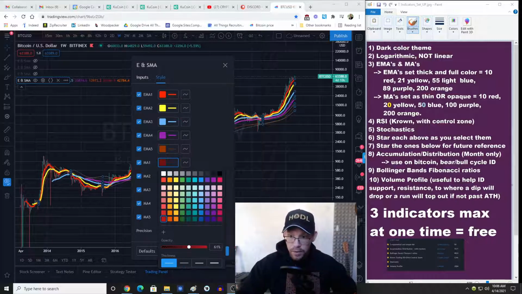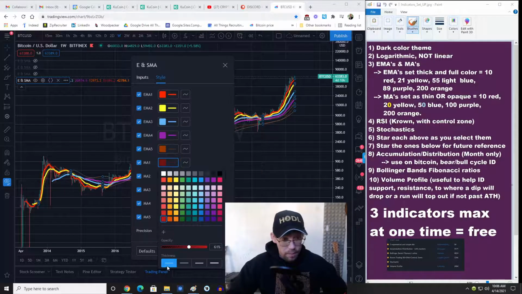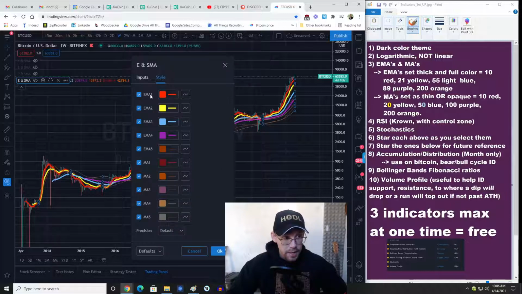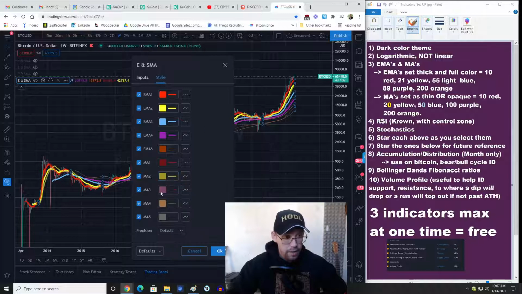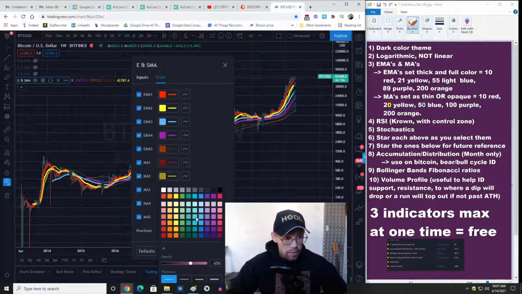Oh, you can't even see me doing this. The thinnest line possible, and all the way bold. So you can do it that way. That's pretty convenient. Or you can pick about 60% opaqueness and thick, but the same color as above. So the one of MA needs to be the same color as the one of the EMA. So I'll pick yellow here. And I'll either do all the way bold and thin line or about 60% opaqueness and thick. So light blue, purple,